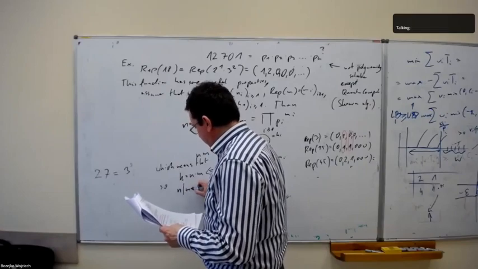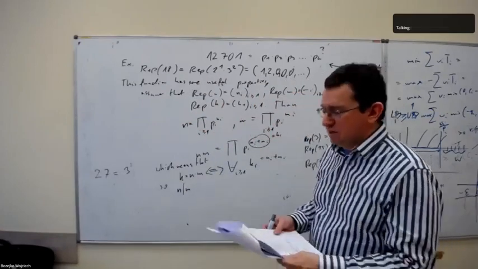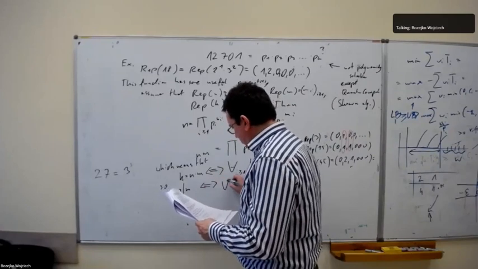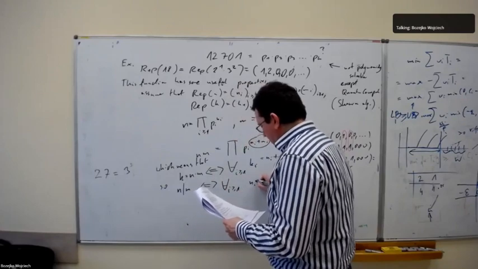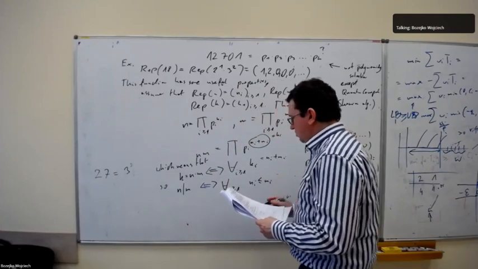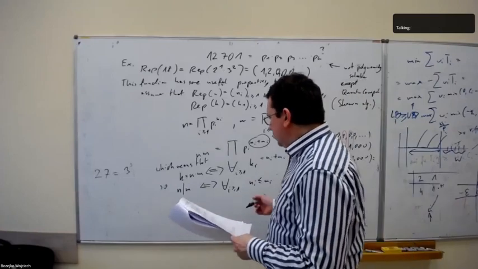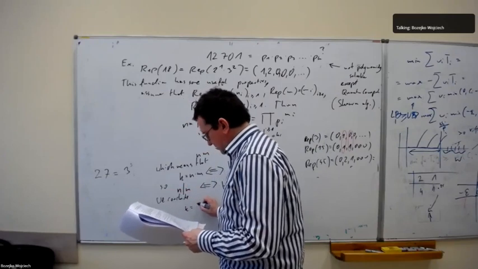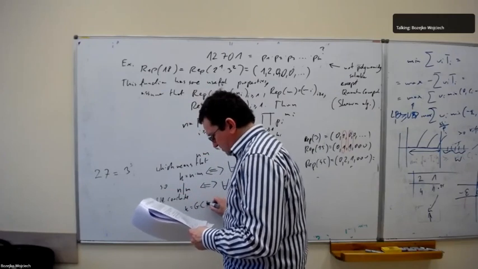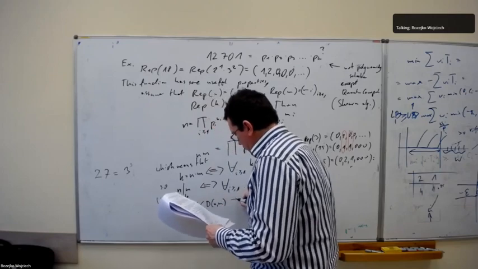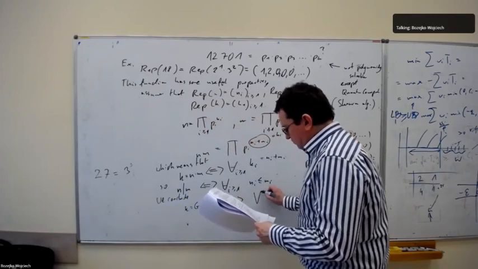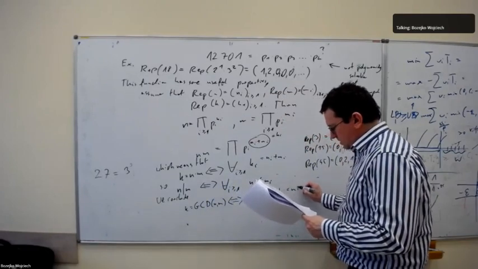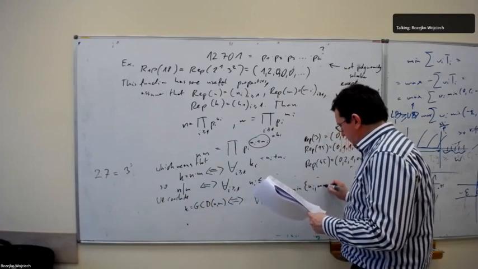If we consider n divided by m, or just such a division, we can write that for all i greater than 1, ni should be smaller or equal to mi, and we conclude that k is the greatest common divisor if this is true, which means that for all i, we can write this ki as the minimum of ni and mi.